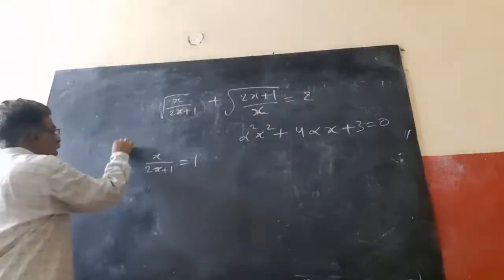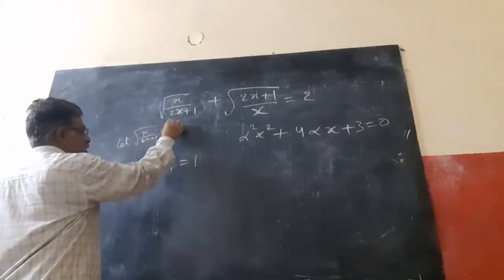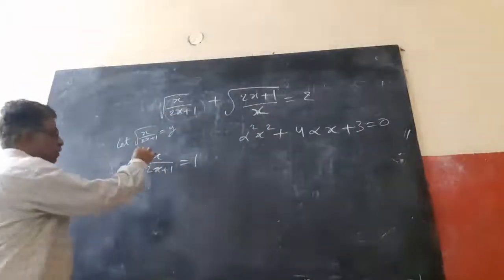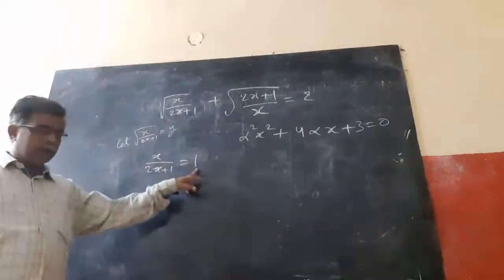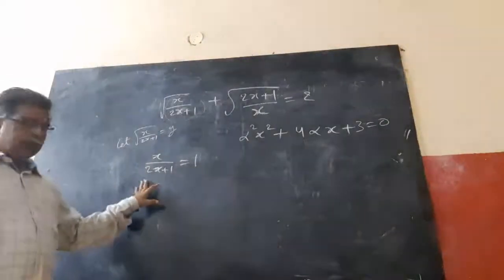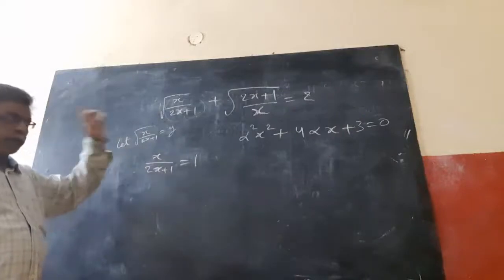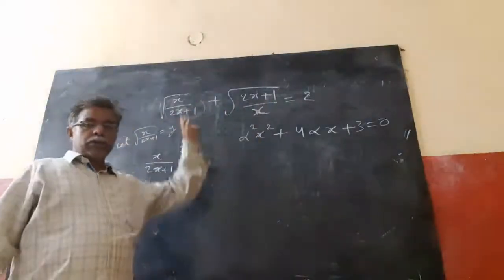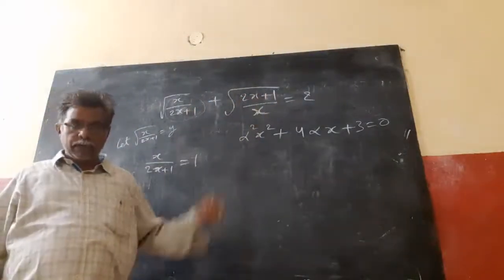Another way is, you will get y plus 1 by y equal to 2. Solve the equation, you will get y equal to 1. Y means this only, root of this, root of 1 is 1 only. So finally you will get this only even if you do it like this. So simple logic, if you apply your brain, this is reciprocal of this and both should be equal to 2. So this should be 1, this should be 1, 1 plus 1 is 2, because the reciprocal of 1 is 1 only.